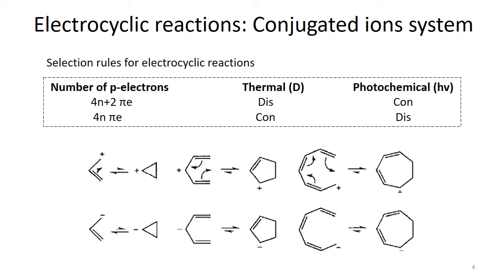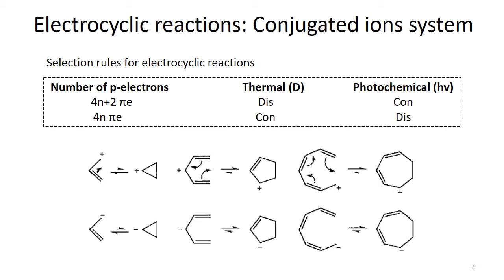The next one we have here is the pentadienyl cation. This positive charge can resonate between positions, just like the terminal carbon, it can come between C2 and C3. So anyways we call it the pentadienyl cation. This pentadienyl cation has 4 electrons, so n should be 1 for a 4n pi electronic system. So this 4n pi electronic system can undergo conrotatory thermal motion, or in case of photochemical reaction it will undergo disrotation, and it forms a cyclopentenyl cation.